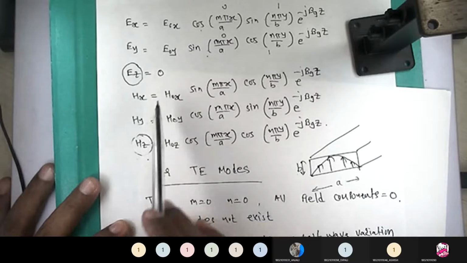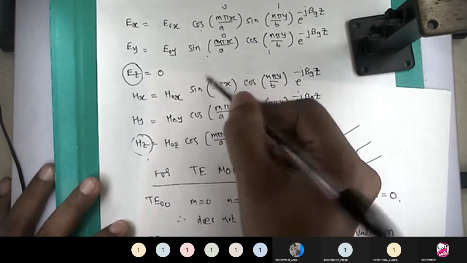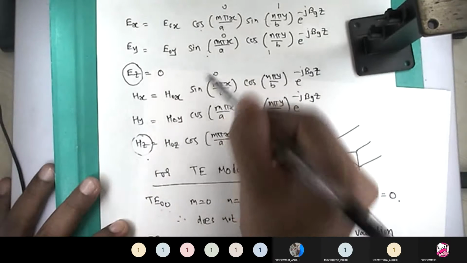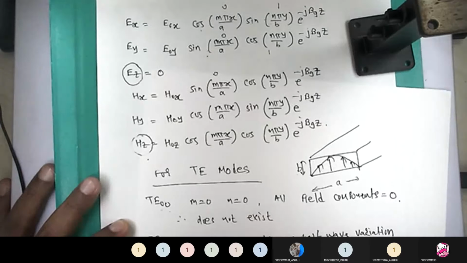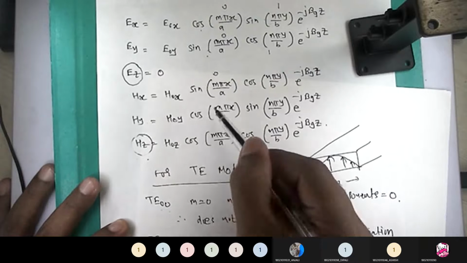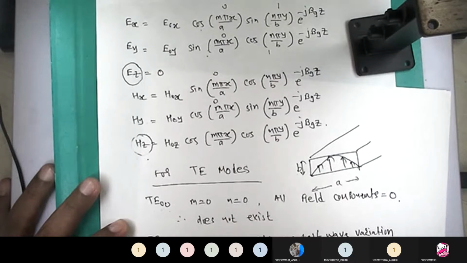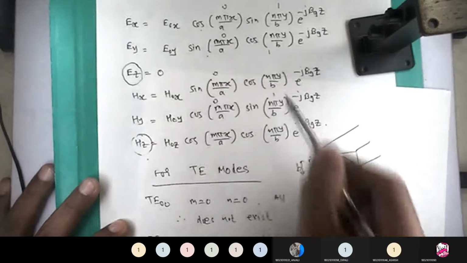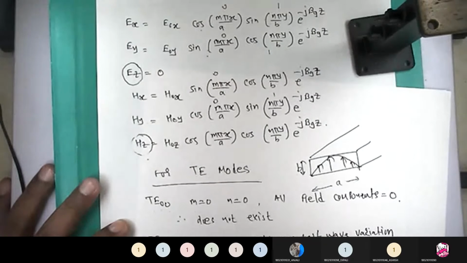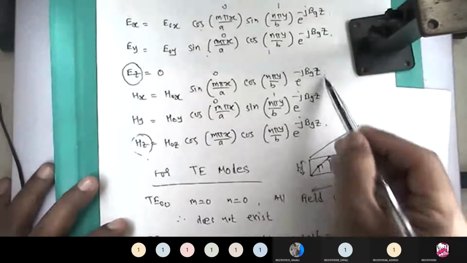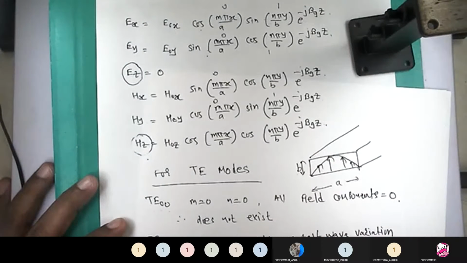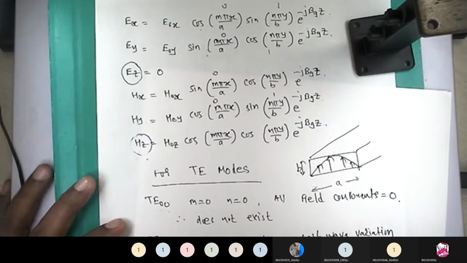Same way, if we are talking about Hx, because here sin equals 0, so you will get 0, so Hx becomes 0, so the Hx term will not be present. But Hy exists because there is m equal to 0 and cos 0 is 1, and sin of 1 may have some value, so Hy exists. So ultimately, from these major 5 expressions that we have obtained, we can conclude that here TE10 mode or TE01 mode can exist.